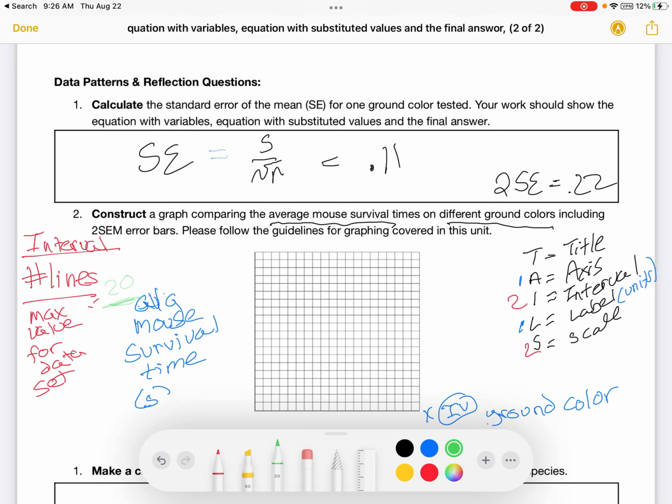Now, I believe our max value, did I put 4.8 up there or something like that? I'm having trouble going back and forth, so what I'm going to do is just write the max. I think I had a 3.2 maybe and a 4.8 and a 4. Something like that. So let's just pretend that this is what the means were, just so we have data to go by. But we notice out of the 3 means or averages, the highest one is 4.8, which means that we kind of round up to 5. We need to go up to at least 5. And so if our max value is 5,